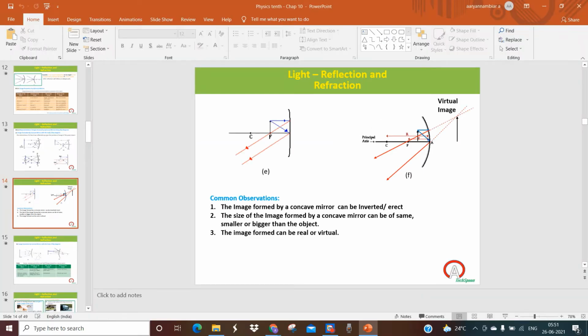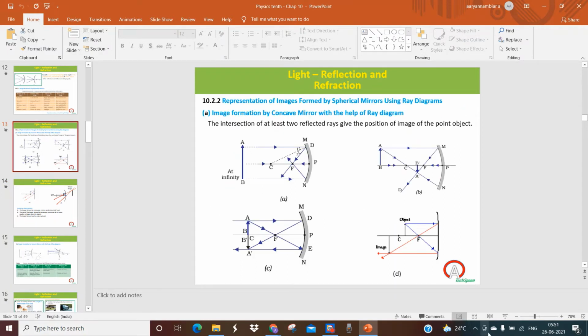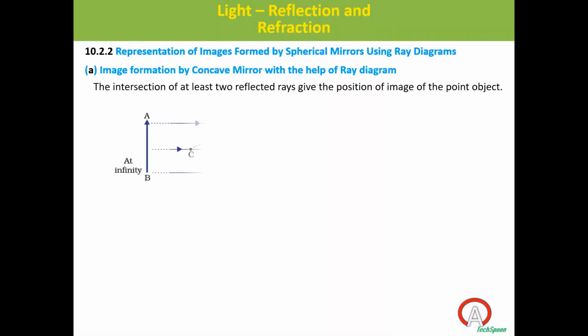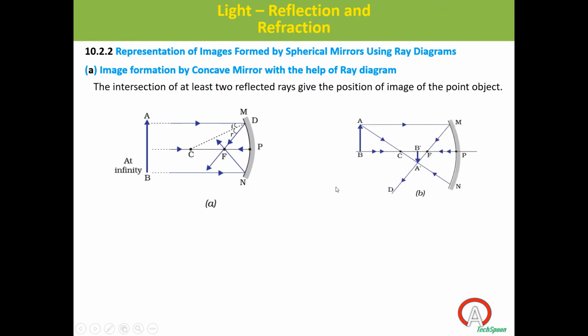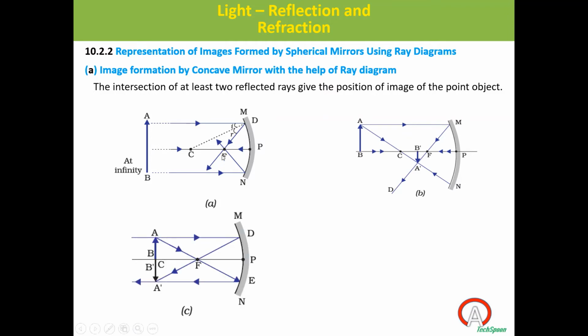Okay, before that, let me explain some more points on this. Lot of things are there. Now, you understood where the image is formed, right? How can you find out that you understood? Now you see, here the first case is a point object. It's very simple. Second case you see, what is this?